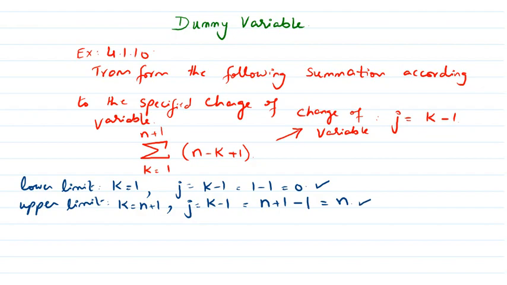Now let's transform the summation accordingly. First, I'm going to check a relationship between j and k, that is writing k in terms of j. You can see here that if j equals k minus 1, then k is simply equal to j plus 1. Okay? So coming to the summation, do carefully see how I am going to transform it. The variable k will be replaced by j.